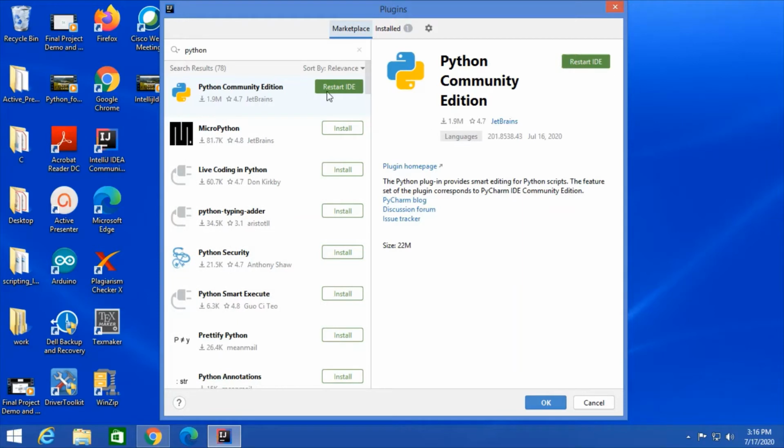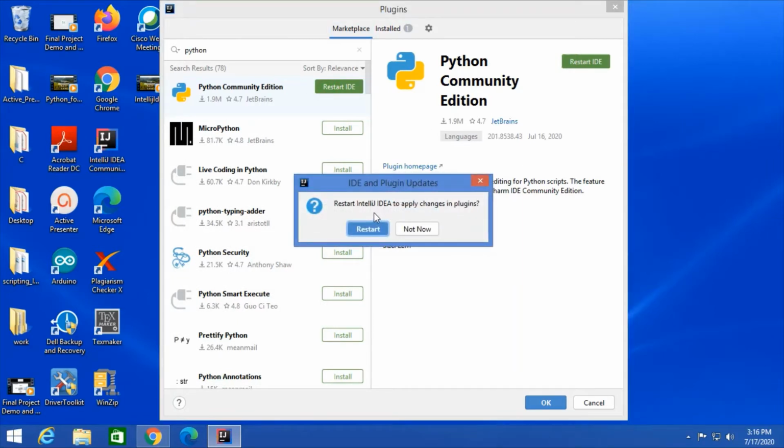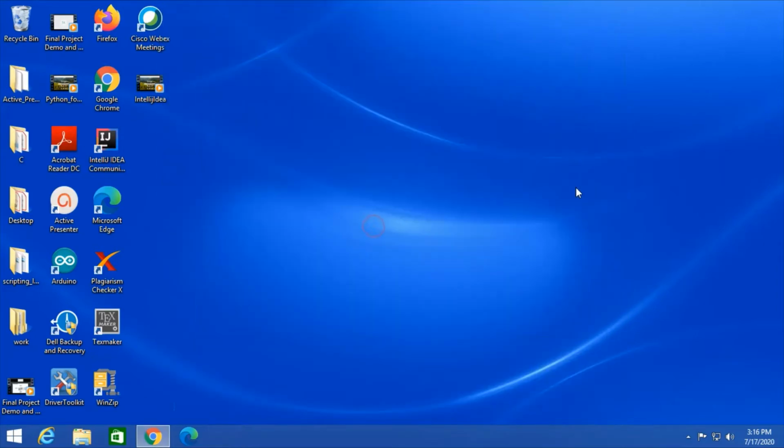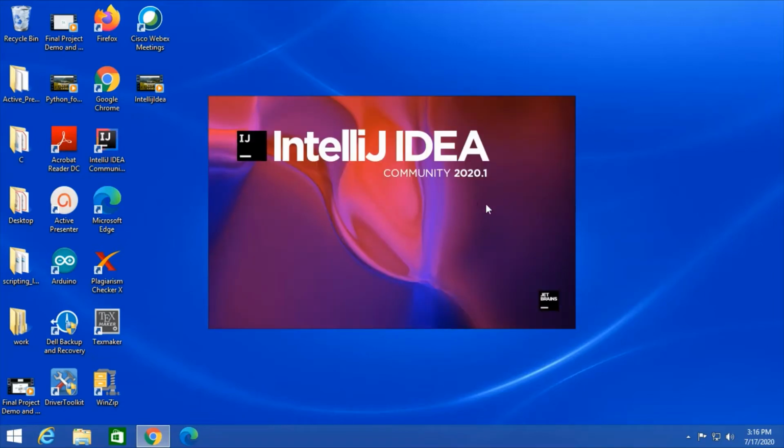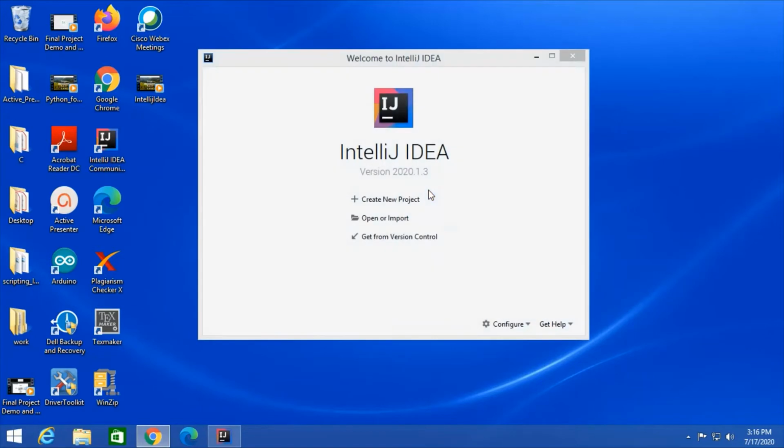Okay, so install is complete. Let's click on Restart IDE. And yes, we want to associate our plugin with the IDE. Click Restart. Now that screen will disappear and our IDE will restart. It should automatically restart; you need not do anything about it. It will automatically associate the plugin that we have just installed with the IDE that we are using, which is IntelliJ IDEA, and with the updated settings, it should launch itself again. Again, we should be taken to that same screen that we had earlier. As you can observe, that screen is visible in front of us.